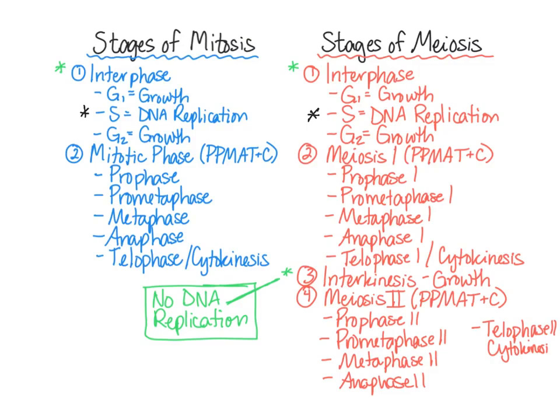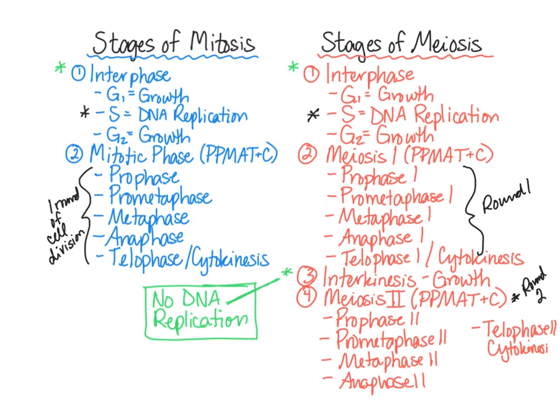Now, both mitosis and meiosis have to do with cell division. So it has to do with a cell dividing into 2 cells in order to make more cells. Well, in mitosis, the cell goes through one round of cell division, and that happens during this mitotic phase. So this is one round of cell division. But in meiosis, we have 2 rounds of cell division. So we've got meiosis I, in which the cell is going to divide into 2. And then we have meiosis II, in which the cells that were created during meiosis I are going to divide